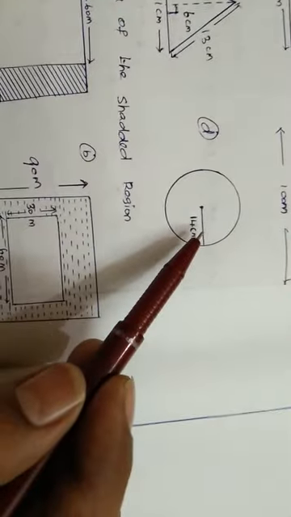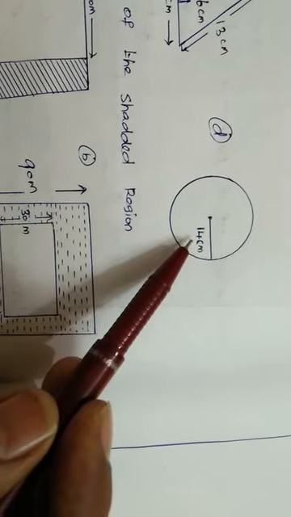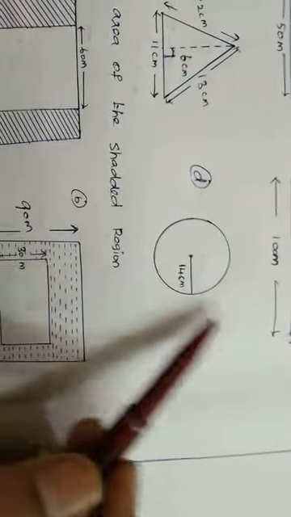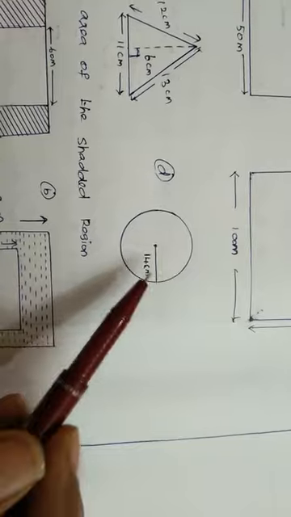Now the area of a circle is pi r squared, r value 14 cm given, substitute and find. Now circumference is the perimeter of the circle. Now circumference is 2 pi r. So 2 pi r, r value 14, substitute and find.